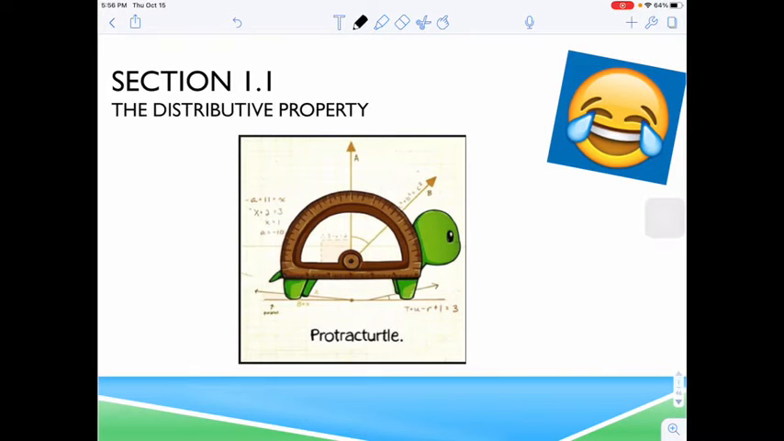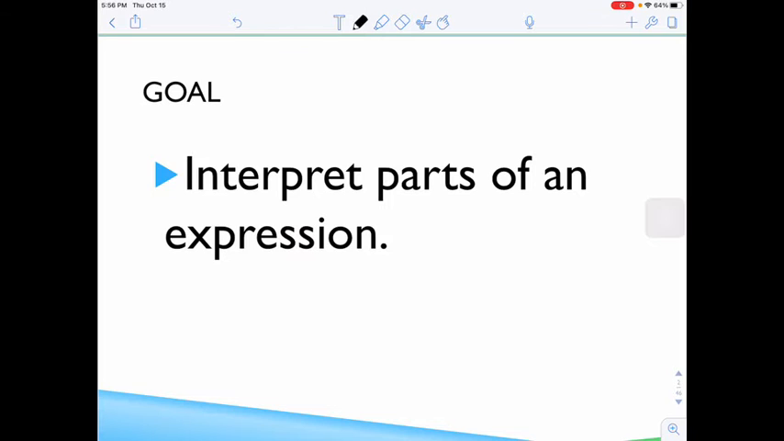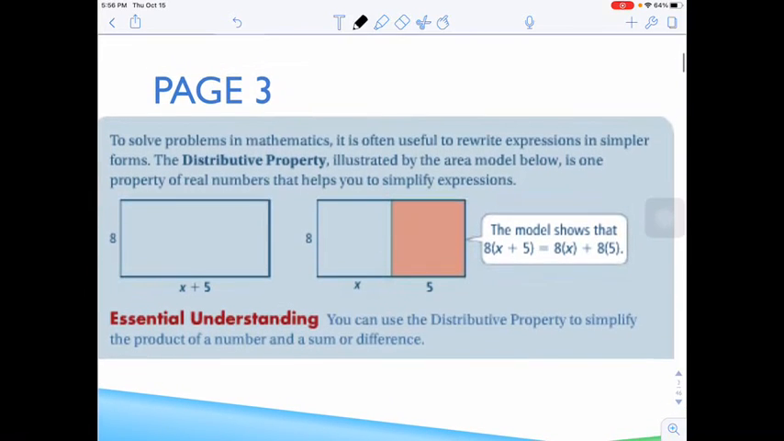Section 1.1 is the distributive property. Our goal is to interpret parts of an expression. On page 3, we have, to solve problems in mathematics, it is often useful to rewrite expressions in simpler forms. The distributive property, illustrated by the area model below, is the property of real numbers that helps you to simplify